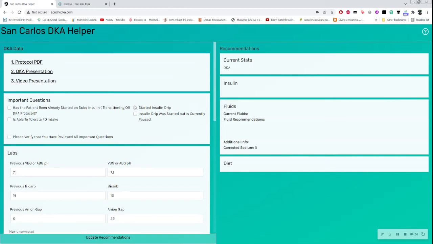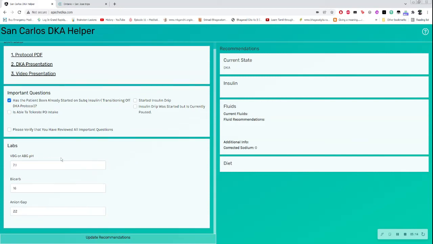So, just going back to the important questions, there's only one big change that happens when you click some of these boxes. That box is, has the patient already been started on sub-Q insulin? When you click that, you notice that the labs down here become very limited. You only have to enter the VBG pH, the bicarb, and the anion gap. The reason is, once you've started to transition somebody out of DKA onto the subcutaneous insulin protocols that the doctor guides you on,